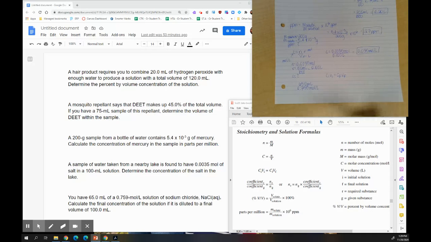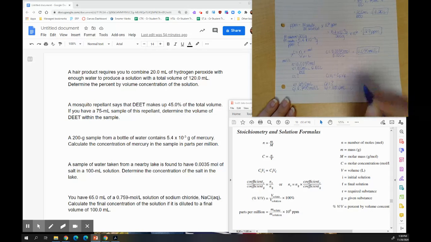So let's take a look at our final example. Sorry, I was writing everything down there. So we have a 65.0 milliliters, okay? So that's my volume. And they gave me my concentration, which is 0.759. Now, these ones in this case are my initials, okay? Then it says calculate the final concentration of the solution if it is diluted to a final volume of 100.0